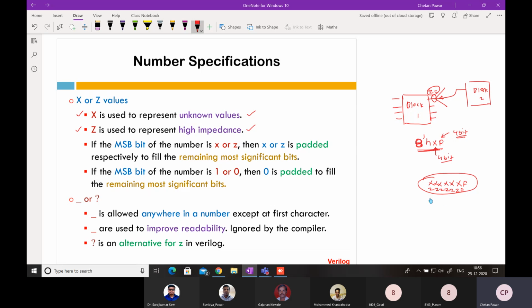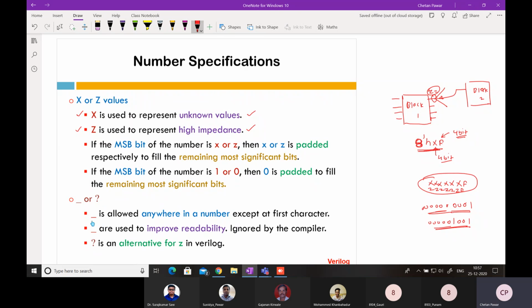Just like if there is a binary number like this, and this is a positive number, you can increase 0 as many times as you want, right? Similarly, if this is a signed number, you can increase the 0 as many times as you want on the MSB side. You know this from digital logic design. I have just given the idea here. Now,